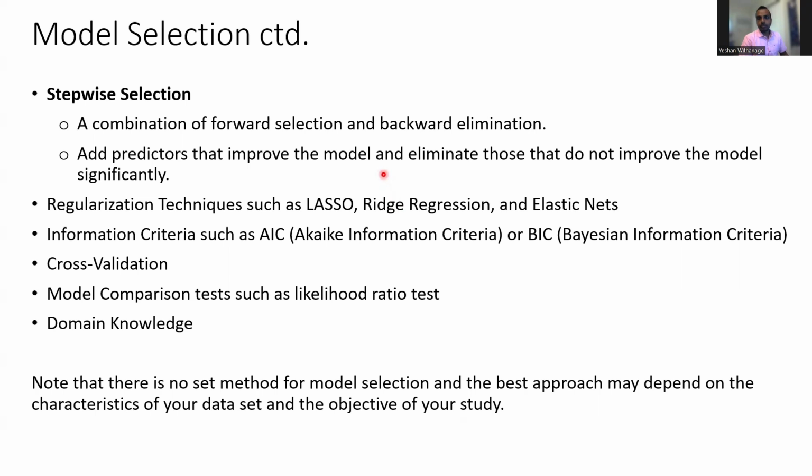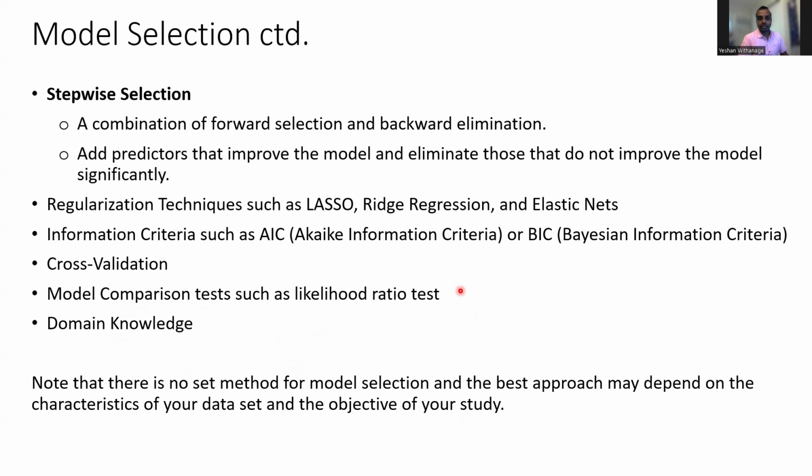Sometimes we combine the above two approaches together, which is called stepwise selection. And also there are some other techniques such as regularization techniques like lasso, ridge regression, or elastic nets to do the feature selection. And also we can use information criteria such as AIC or BIC. And sometimes we use cross-validation, the likelihood ratio test, and also we use domain knowledge when we select